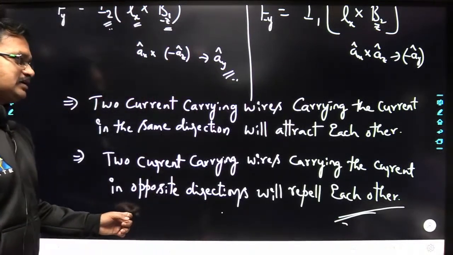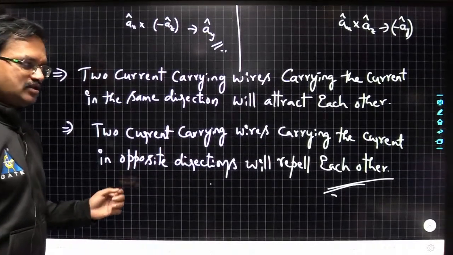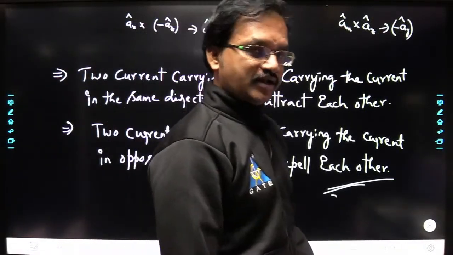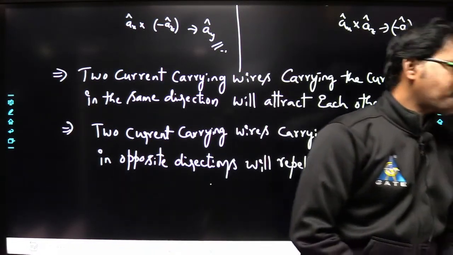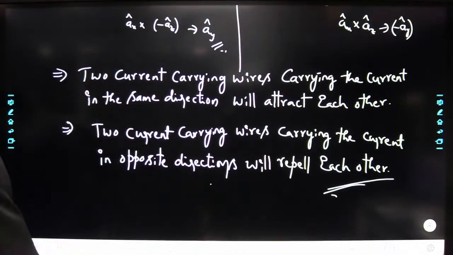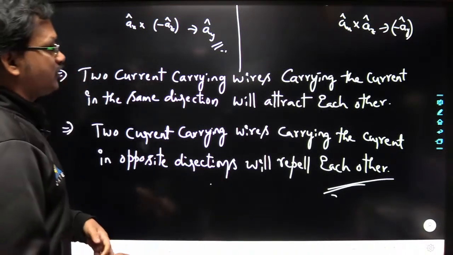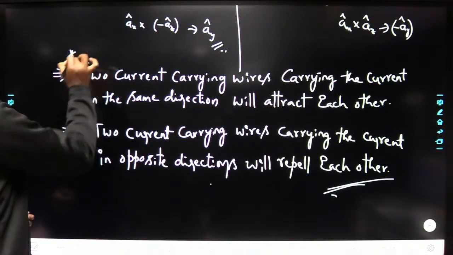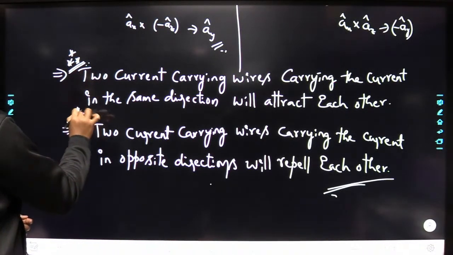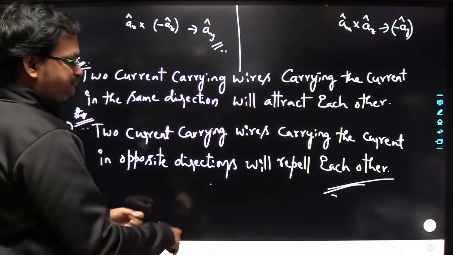So whenever they are carrying the current in the same direction, they are going to attract each other, and if they are carrying the current in opposite directions, they are going to repel each other. Okay. So these points are important here. We can expect the questions directly on these statements in engineering services. Okay, right? Next